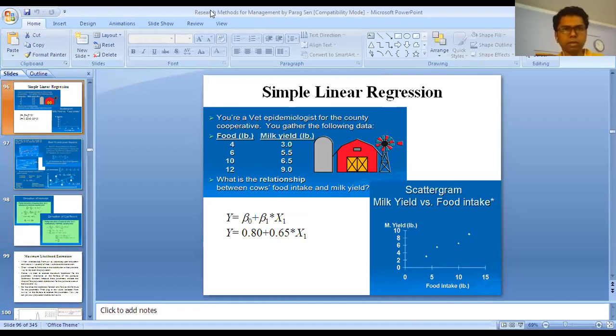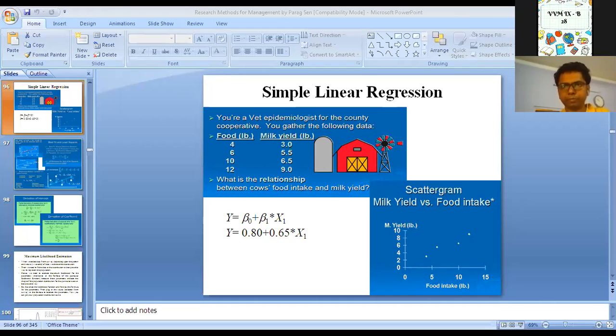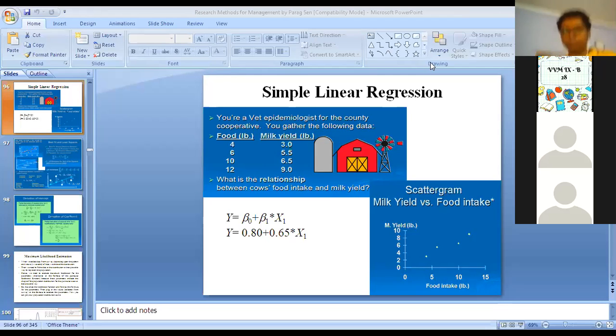Okay, so now I am going to tell you how to find out the residuals. Okay, how to find out the residuals. You can see that, suppose